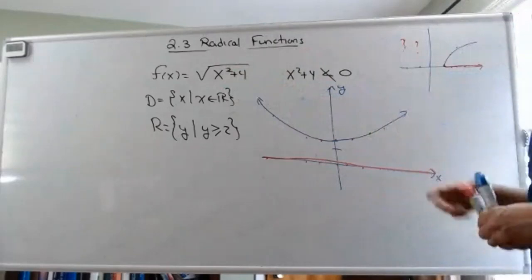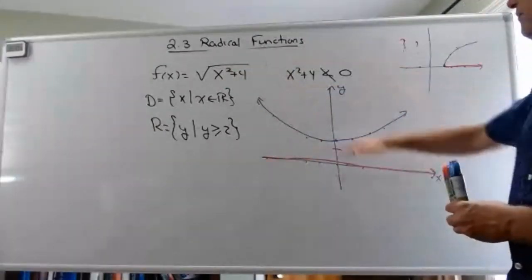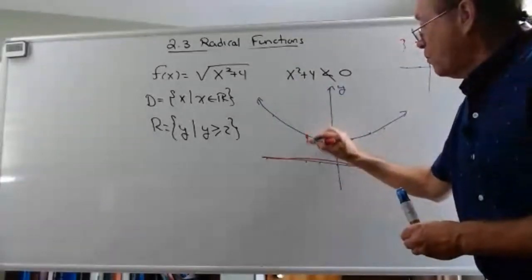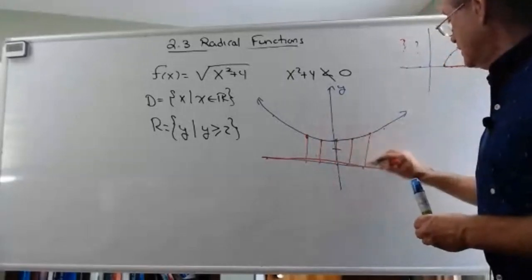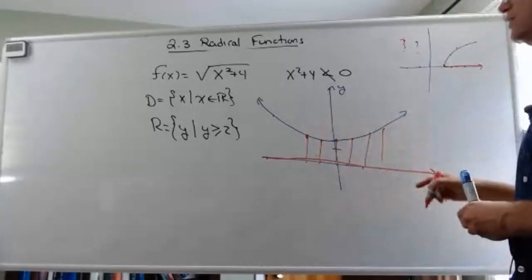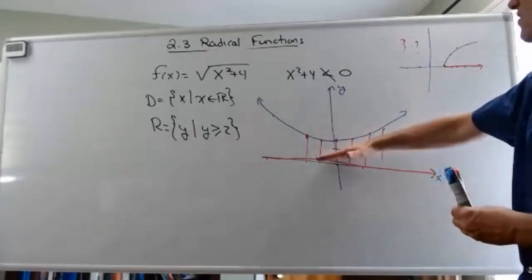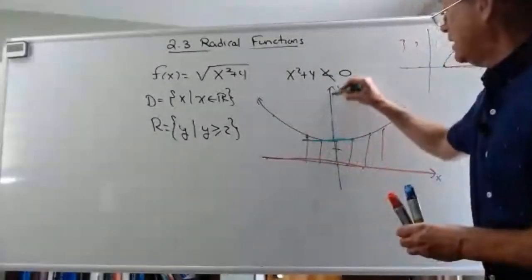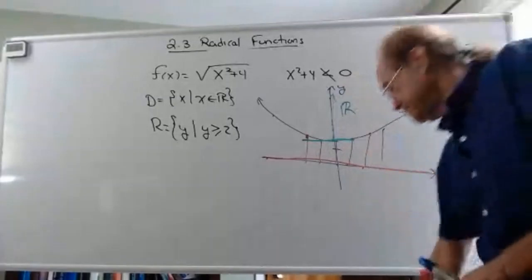But as long as my function is everywhere I want it, above the x-axis or beneath the x-axis, meaning there's a corresponding y for any x I choose, then that x is in the domain. Now the range is just all the y values. So y will never, ever be beneath 2. The y has to be greater than or equal to 2, and that's my range. Okay, so